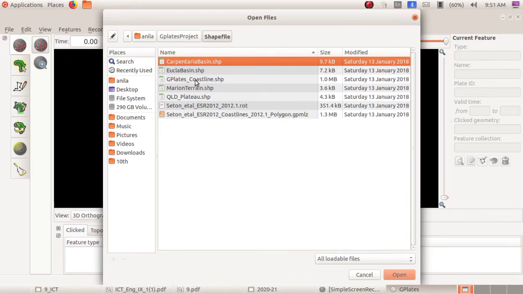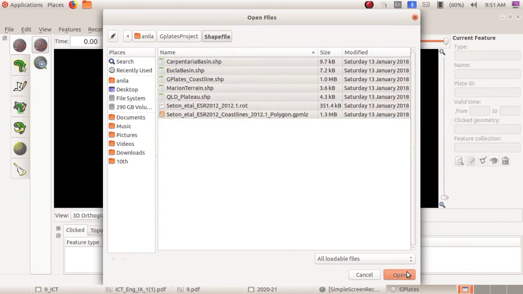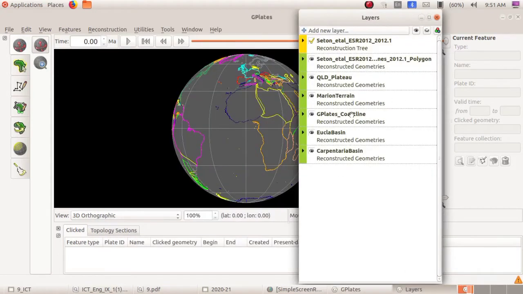Now you can see 7 files. From this, you have to select all these 7 files. Okay, so for that press Ctrl A on your keyboard. Next click on the Open button. Now the layer window opens along with the main window. This is the layer window. Okay, you can see the name of this window. What is the name? Layers. Okay, so this is the Layers window.